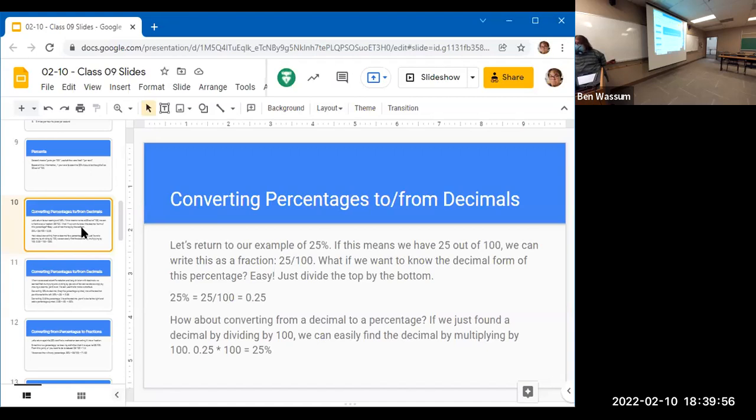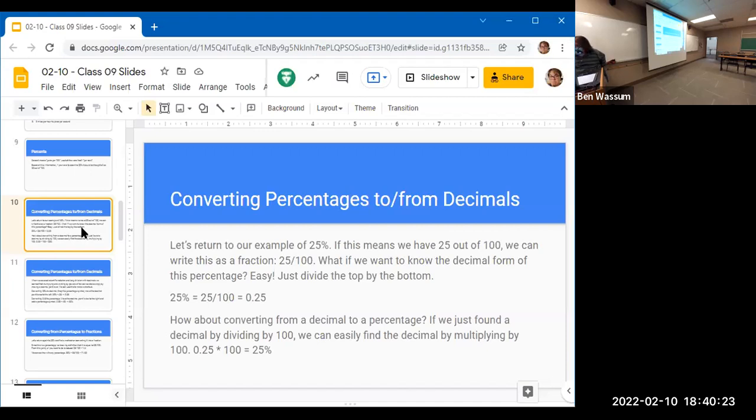Okay. And then if you were to convert it back, well, just think about what we just did. In order to convert it to a decimal, we divided it by 100. So if we were converting it from a decimal to a percentage, it would make sense that we did it the other way around. You can multiply by 100, and that essentially undoes that idea. So we end up with 100